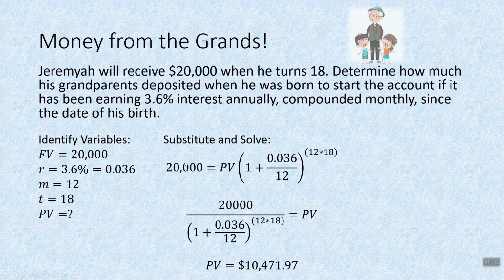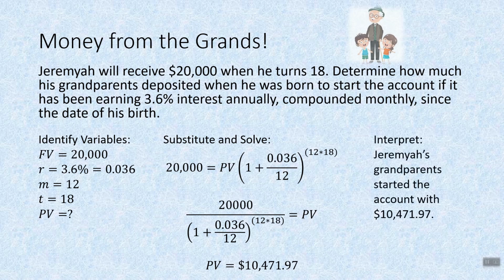First of all, we substitute: future value equals present value times (1 plus 0.036 divided by 12) to the power of 12 times 18. Okay. Now, we want to get PV by itself, so we're going to divide by this big giant piece. All right, 20,000 divided by this big giant piece. You could put this in the calculator exactly as it's written. You don't have to do it piecemeal anymore. Calculators are awesome these days. And it comes out to be